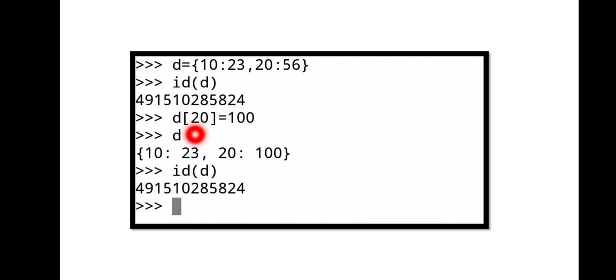Now I have changed the value of key 20. Originally key 20 had the value 56. Now I have changed it to 100. So now the contents of D are this one. See, 100 is reflected here. Now if I check the address of D, you will notice that the address has not changed. It is the same address as it was earlier. So this is also a mutable data type.